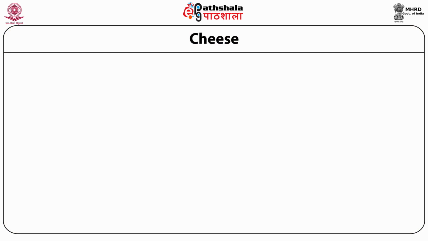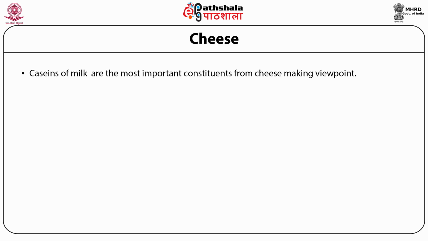Milk proteins are the chief agents of milk curdling. As we know, proteins in milk are of two types, curd protein and whey protein. Curd protein is casein, and whey proteins are lactalbumin and lactoglobulin. Lactalbumin and lactoglobulin are not concerned with cheese making. The process of cheese making is centered on casein of milk. Let me tell you about casein of milk.